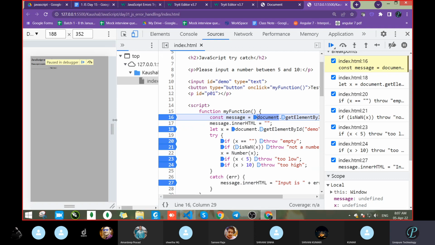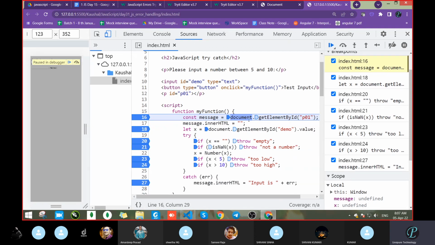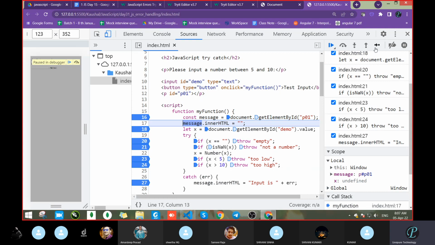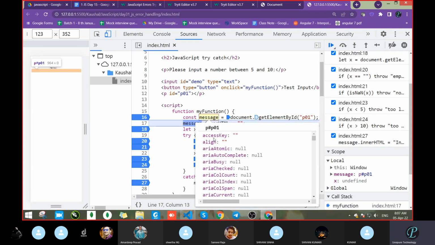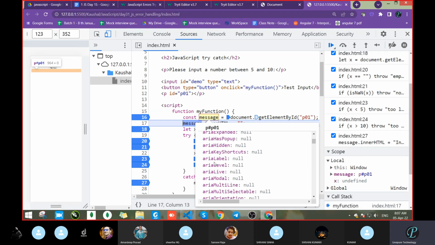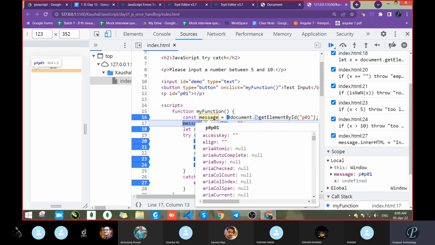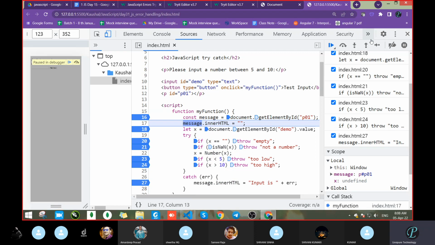See the complete flow. Then only you will get the proper idea. And next, which one? Guide me if you know. Then go with the step. Let's click that step. We got one P01. Let's check the message. What happened? We got the complete value. These are all properties, meaning the P01 HTML is taken.